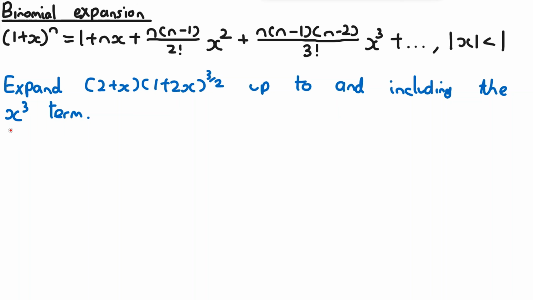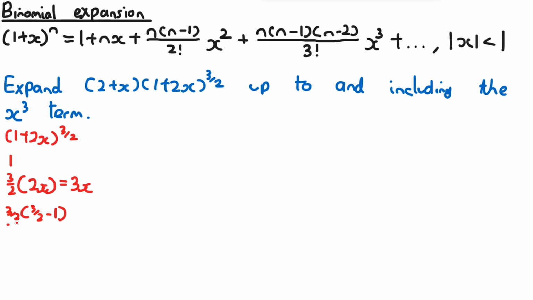So firstly, we need to do the binomial expansion of 1 plus 2x to the power of 3 over 2 like this, and we're going to use this formula here. So the first term is just going to be 1, the second term is going to be nx, so 3 over 2 is n, and then x is this 2x here, so this is going to be equal to 3x like this, and then the third term is going to be n, so it's going to be 3 over 2, then 3 over 2 minus 1, and this is over 2 factorial, and then it's